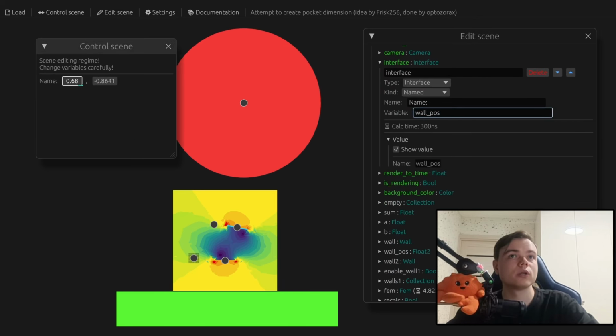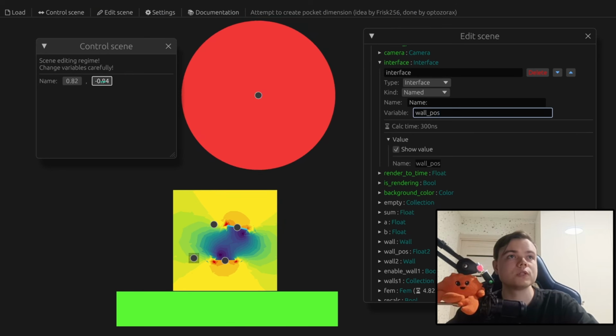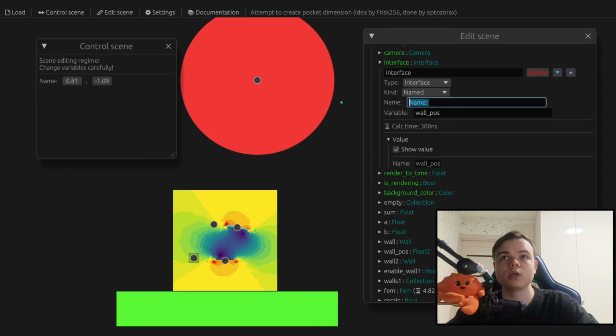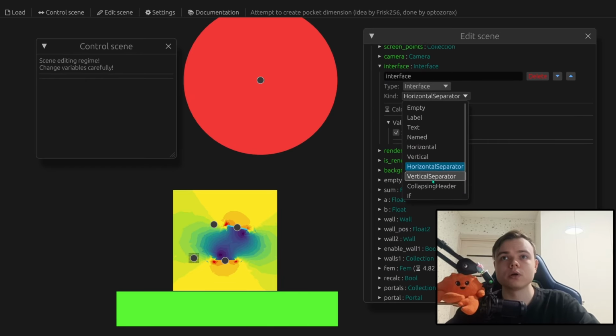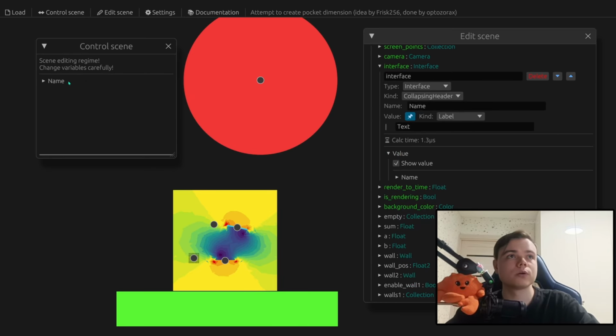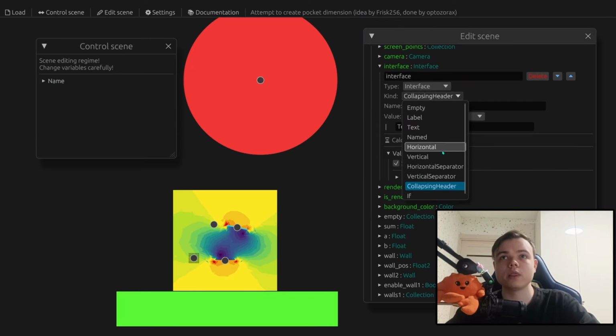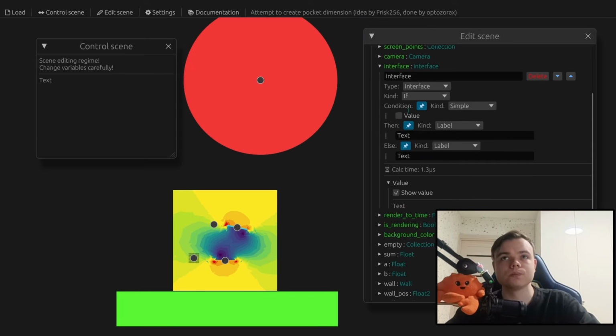And we have this wall position, and we can change it, and we can change its name. And there is a lot of things like horizontal, vertical arrangement, separator, collapsing header to do a lot of things. And there is also conditional interface. For example, you can have